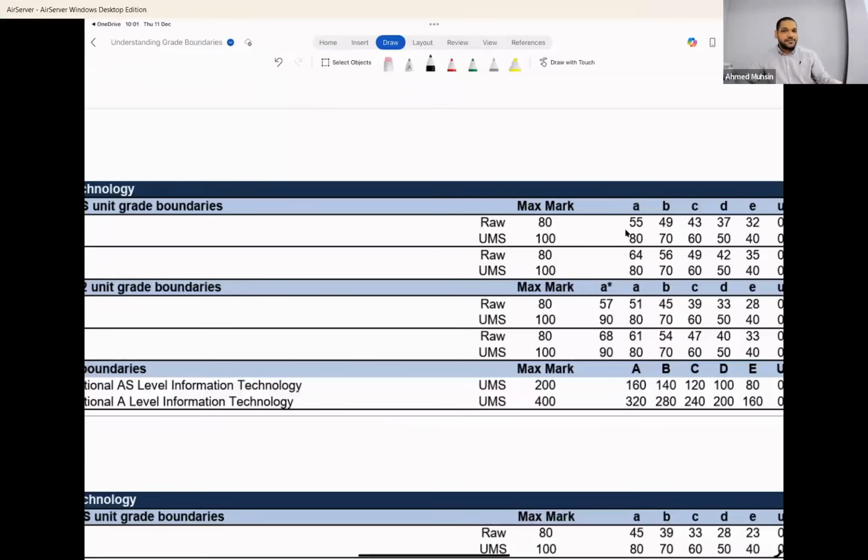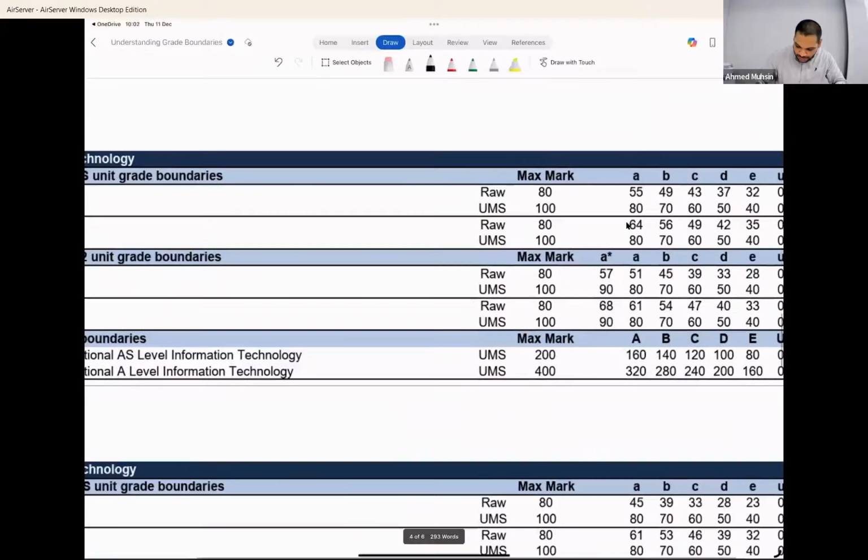Now for Unit 1, the formula for getting 100 is a bit different. I'll tell it to you all. If you all don't understand it, just ignore it. You all focus on Unit 3 and Unit 4. So in Unit 1, A minus B, what's the difference? A minus B is 6. 6 times 2 is 12. 12 plus A grade, 55 plus 12 is 67. Is it clear? You need to score 67 to get 100.